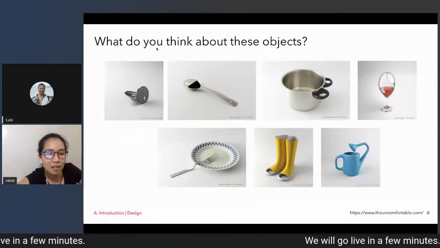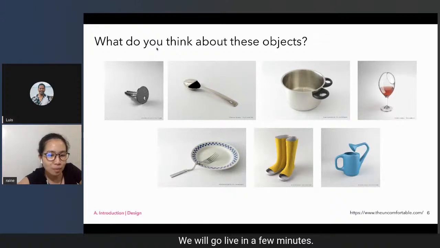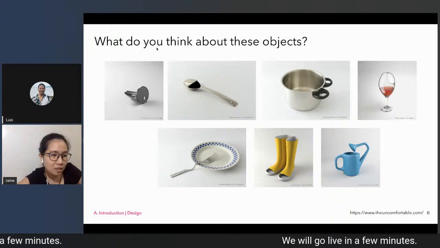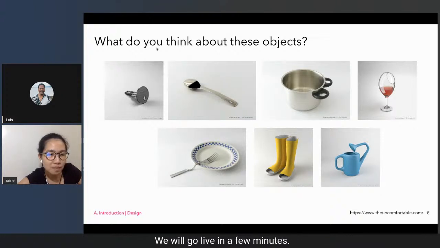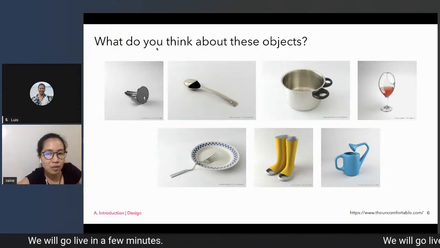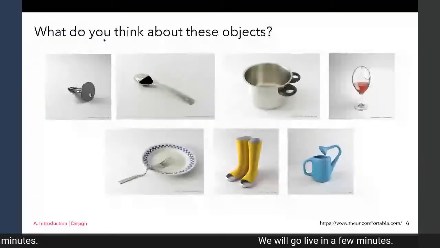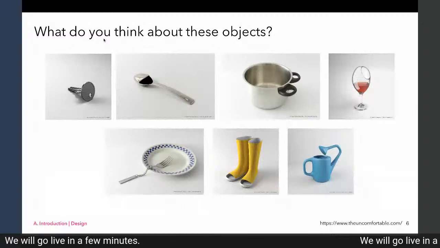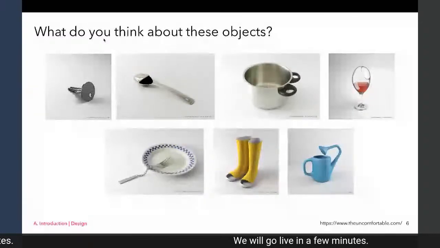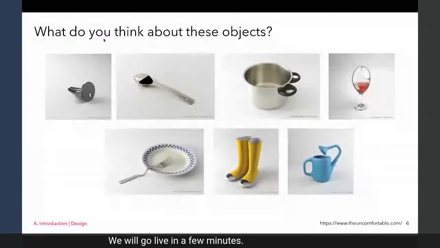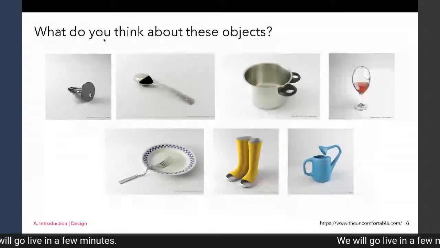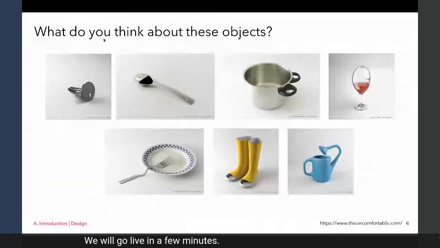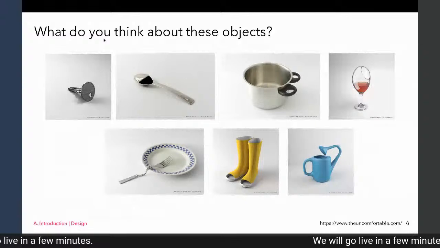So this is called the Uncomfortable, created by Catalina Camprani. She is also a designer and illustrator, and basically she created this to annoy people and also to encourage people to notice the simple things that surround us and how we use these objects. So imagine how difficult our life would be if the spoon is designed this way or the key is designed that way, even the glasses.